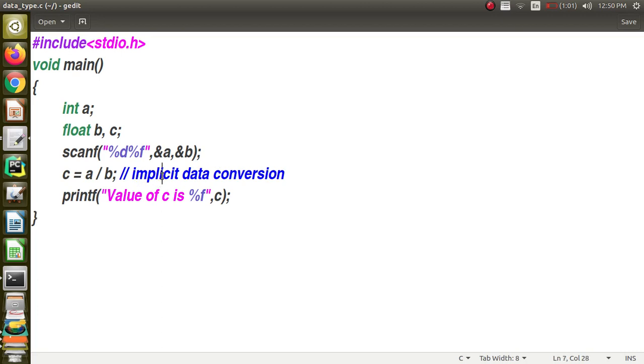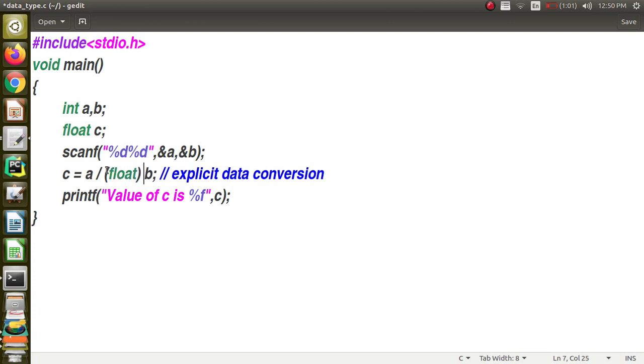But we can do something called explicit data conversion also. Okay. So how we can do explicit data conversion is, for this let me change B back to integer itself. Okay. Here, if I want to change B to float before doing the operation, then I can indicate it in the expression.